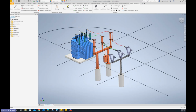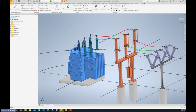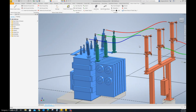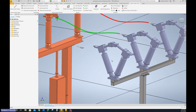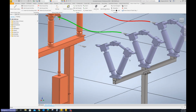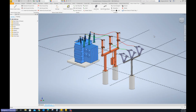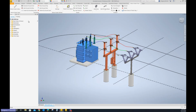So we'll get into this small assembly here, and you can notice that there are some differences in the level of detail of equipment like Ryan had described. We do have some of these surge arresters that have had the sheds removed off the insulators. Also on the circuit switcher, the center break switch here has a very basic level of detail. And normally this is about the level of detail that we would go for just to reduce that load. Once you get into your larger stations, it can get a little bit laggy if you're rotating your station around, doing different operations. So we also show